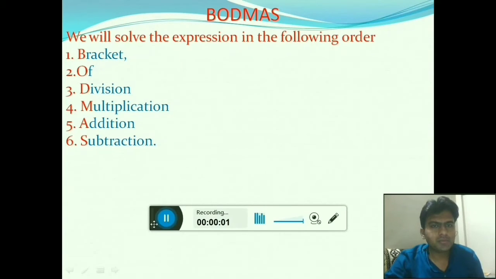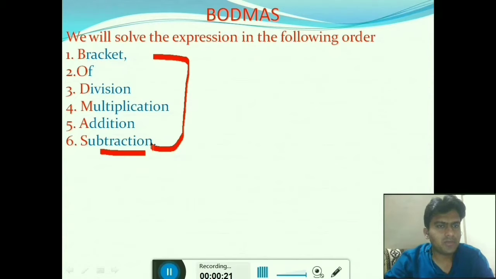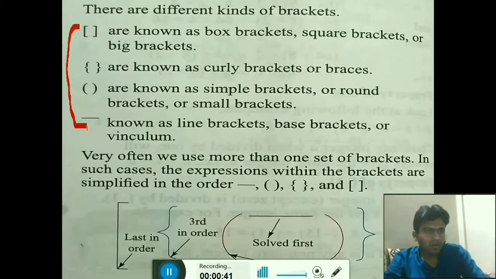Now our next question is based on the BODMAS rule. I think you all know about the BODMAS rule. B for bracket, O means of, D for division, M for multiplication, A for addition and S for subtraction. Now we will follow this order. First we will solve the bracket, then if there is an of, we will solve that, then division followed by multiplication, addition and subtraction. You know that rule. But there are many kinds of bracket. There are generally 4 kinds of bracket, and they also have an order to solve.